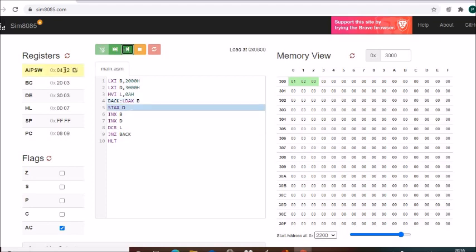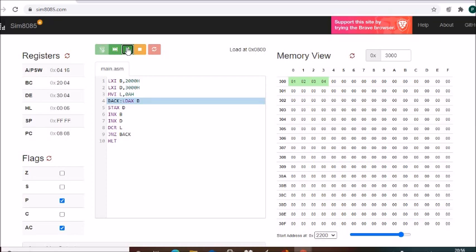Again STAX D, A has come, A is now 04, 04 is copied into 3003. Okay, then INX B, B is now 2004, INX D, DE pair is now 3004, L has come to 6, then jump if not 0 to back. Okay.